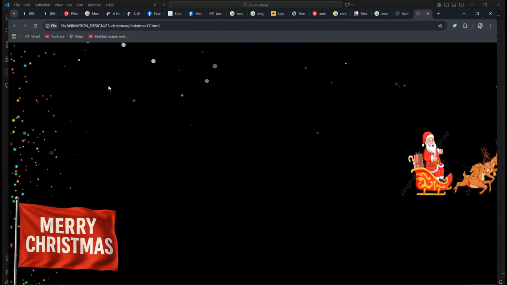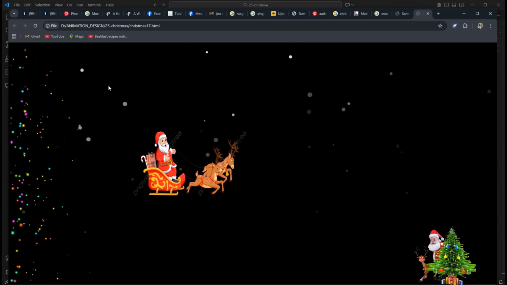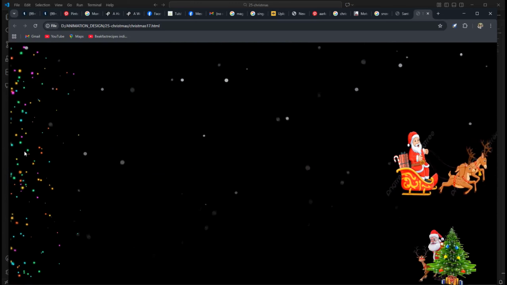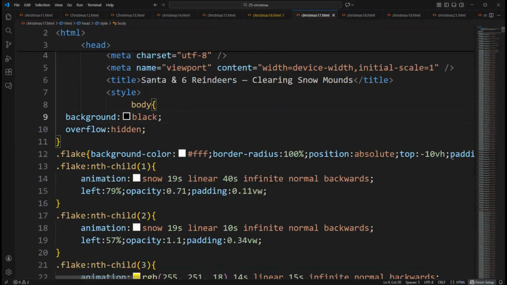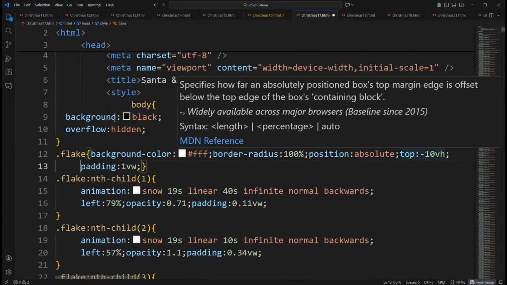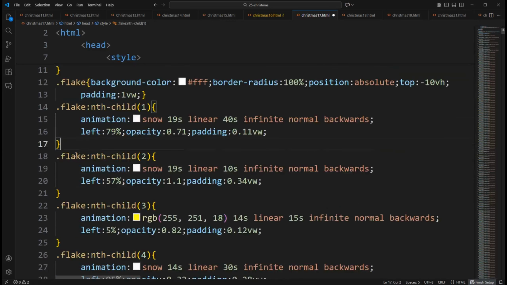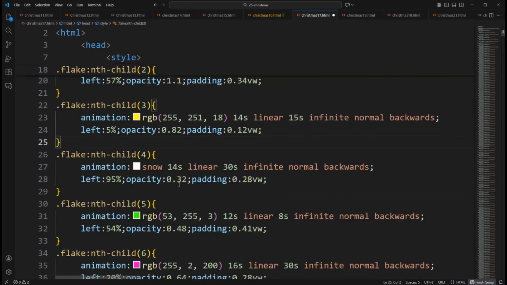Make Santa Claus GIF for this Christmas. This code creates a visually rich Christmas-themed animated webpage featuring Santa's sleigh moving across the screen, falling snow, and drifting flame particles, all rendered through HTML, CSS, and JavaScript. The body is styled with a black background and hidden overflow to give the scene a clean, immersive look, while